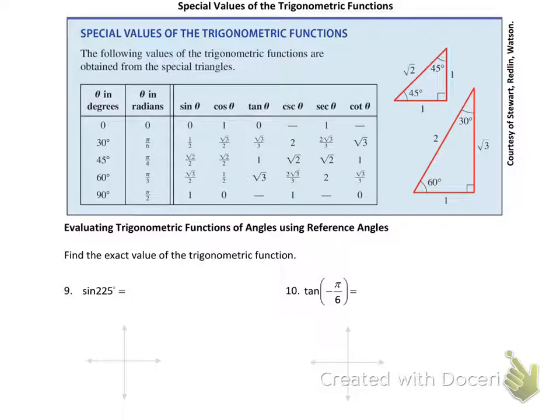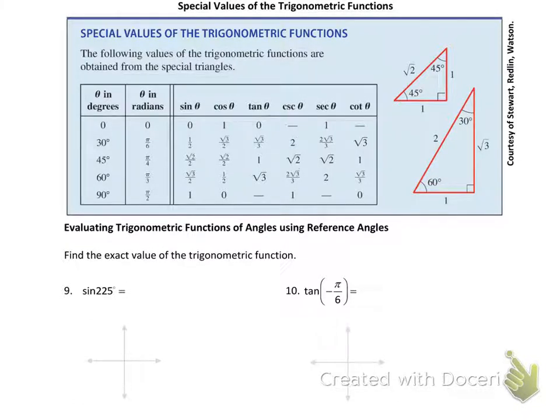The table below is your special values of the trigonometric functions. So you'll be given this table of values for your unit test, so you'll want to practice using this table on your homework. Okay, so recall that we have 0 degrees and 90 degrees, or 0 radians and pi over 2 radians. They're called